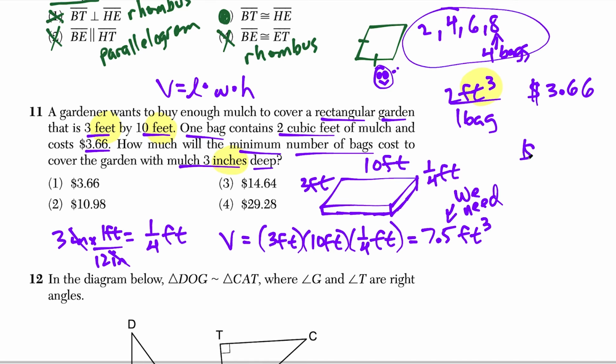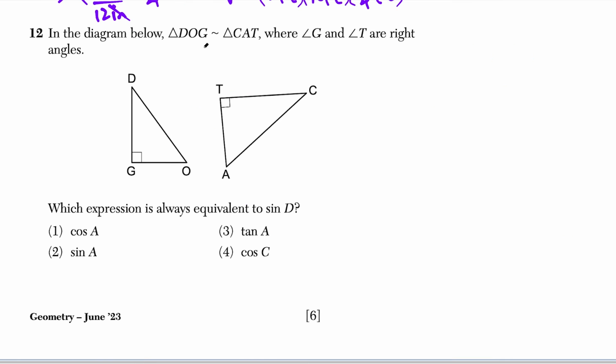So we're going to do $3.66 times 4 because we have to buy 4 bags. And if you just multiply these numbers together, you're going to get $14.64, which is going to match up with choice 3. Question 12, we have a diagram of triangle DOG, which is similar to triangle CAT, and we're told